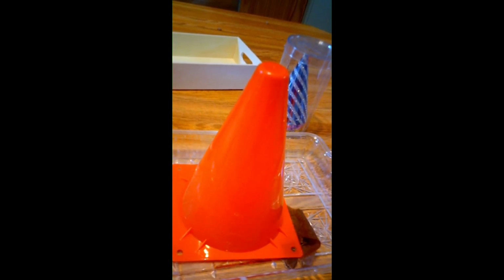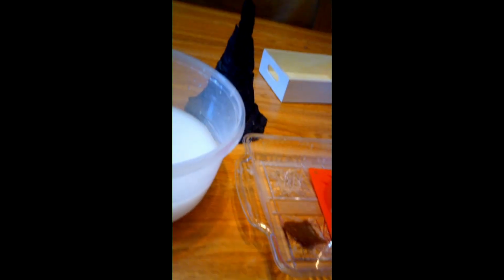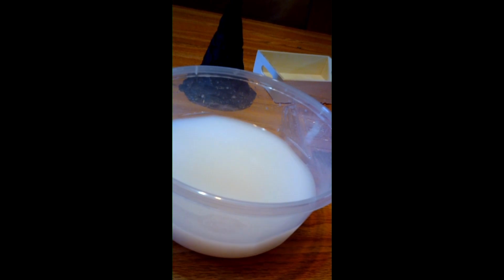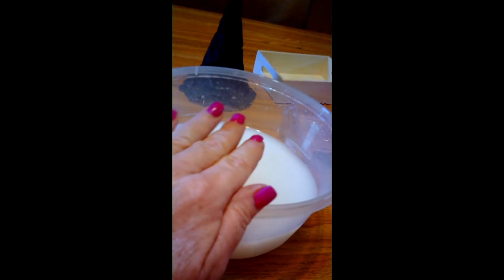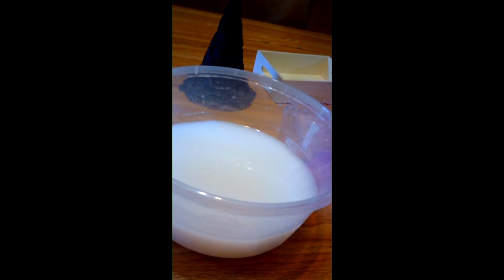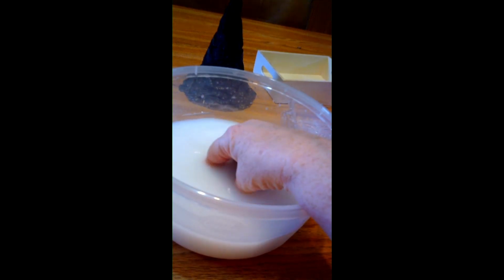So what you're going to do is, I'm not sure if you can see my water. You're going to get a bowl of water. I have a lot here because I'm going to make quite a few hats. So you want to fill it about 1 inch or 2 with water, and then you want to use 1/4 of the glue you're using and put it in a bowl. Then you're going to take your craft paper and you're going to crinkle it up. Now if you were well, I'll show you that when we do it. So what you're going to do is you put it in the bowl,